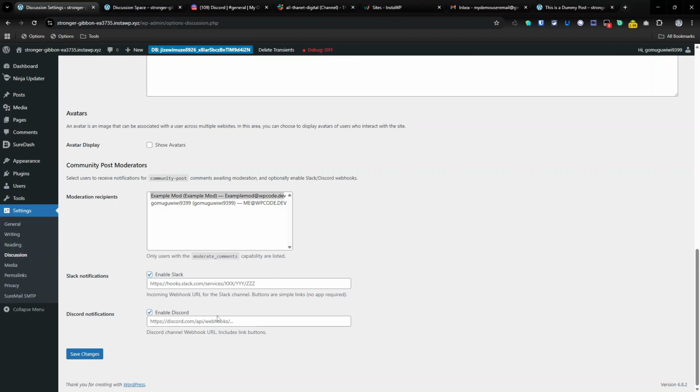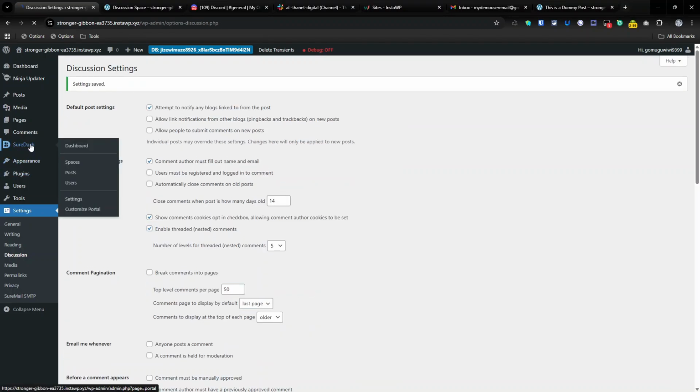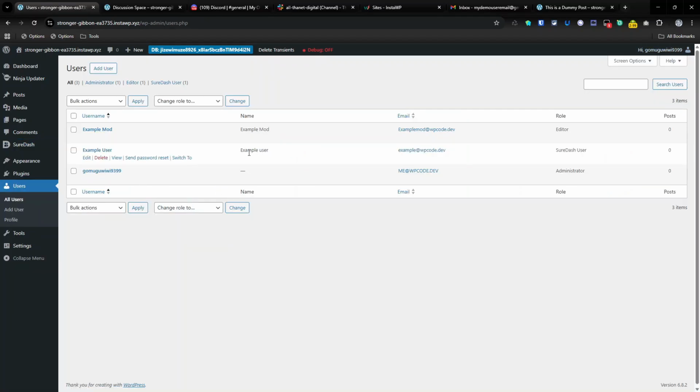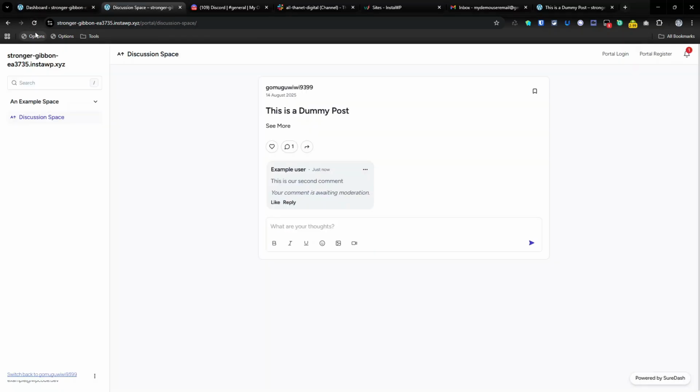So we'll start with Discord, and then I will grab Slack and add that in here. So that's all set, and now what we're going to do is go back to our users and switch. So let's go to users and switch back to our example user here, and we're going to reload our space here and put this is second comment, like so. We get our notification,